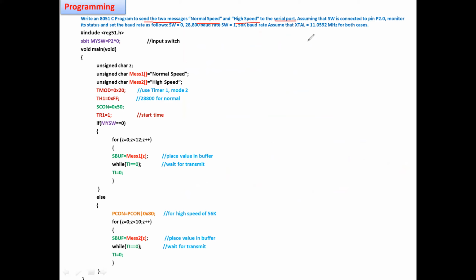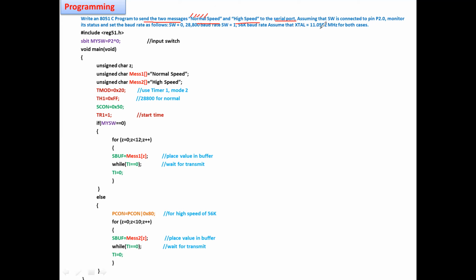In the transmission pin, we have to send these values sequentially. All characters cannot be sent at a time. One by one, we should send N, O, R, M, A, L, since it is serial communication.